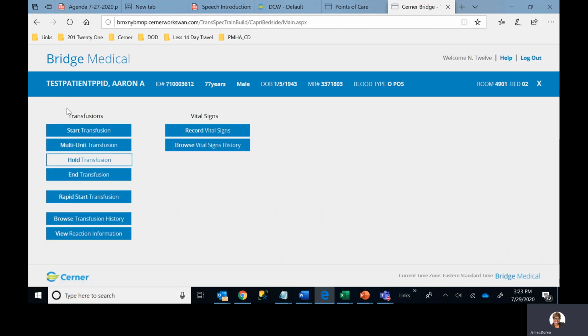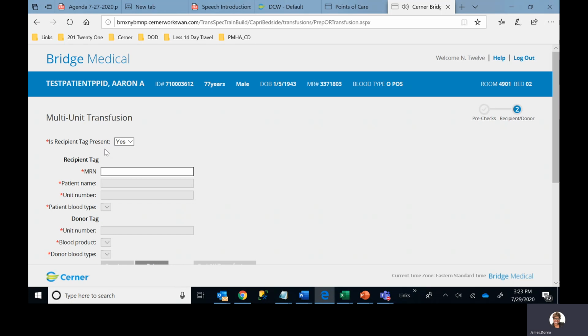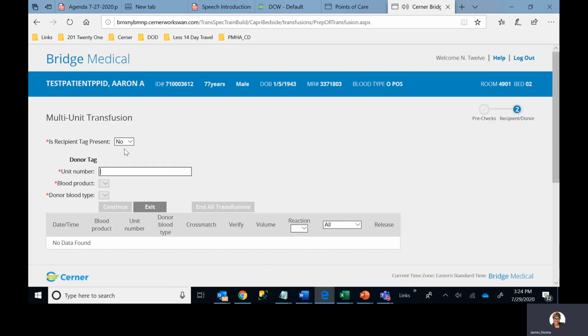Now the next thing I'm going to demonstrate is the multi-unit functionality. These are in scenarios where a patient may be going to the OR. This multi-unit, where you can basically reserve the units for a particular patient, can be done by the nurse within the OR space, or it can be done by blood bank before the patient arrives in the OR. So let's say, for instance, I have a patient that does not have a cross-match tag on a unit of blood, but I want to reserve that unit. I would select no for recipient tag present and begin scanning the unit number,